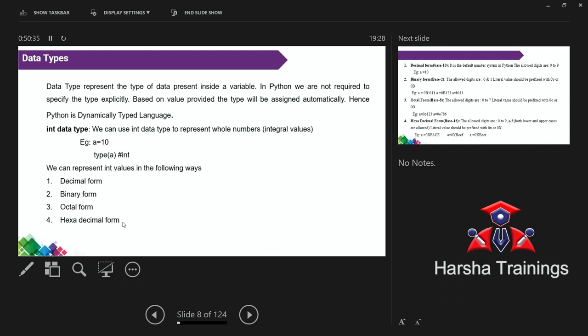Suppose in C language, int a is equal to 5. Here, what do you mean by int? Int is a data type. It specifies that a can store only integer values. Float b stores only floating values. Char c stores only character values. That means all these things are predefined, right? That is called reserved words: the words which are predefined and used only for that purpose.